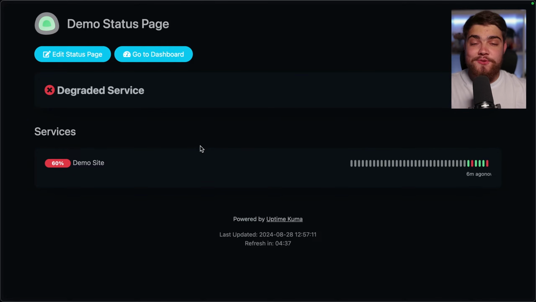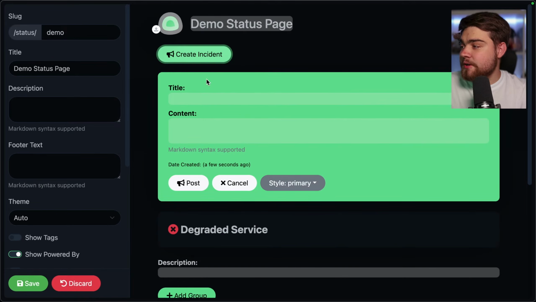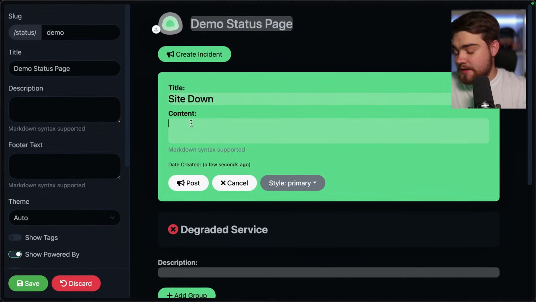Now, the last cool thing we can do with status pages is create an incident, so we can alert people that are going to our status page that we know about what's happening with the sites and that we're looking into it. To do that, you can go to edit status page here, and you can click create incident, and you can just give this a title. So you could say, let's say site down, and let's say I just did a bad git commit like so